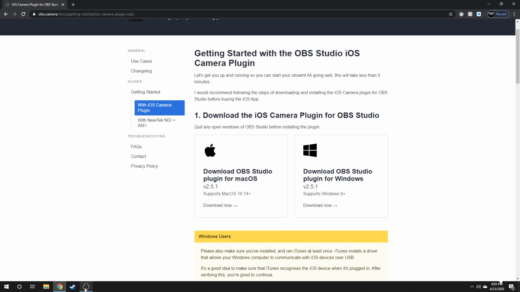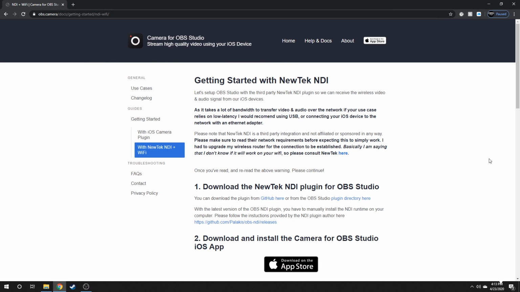So I personally would not use the NewTek NDI. I feel like it would mess up a bit with the latency, and even OBS kind of states it themselves, as it takes a lot of bandwidth to transfer video and audio over the network. If your use case relies on low latency, I would recommend using USB or connecting your iOS device to the network with an Ethernet adapter. So yeah,